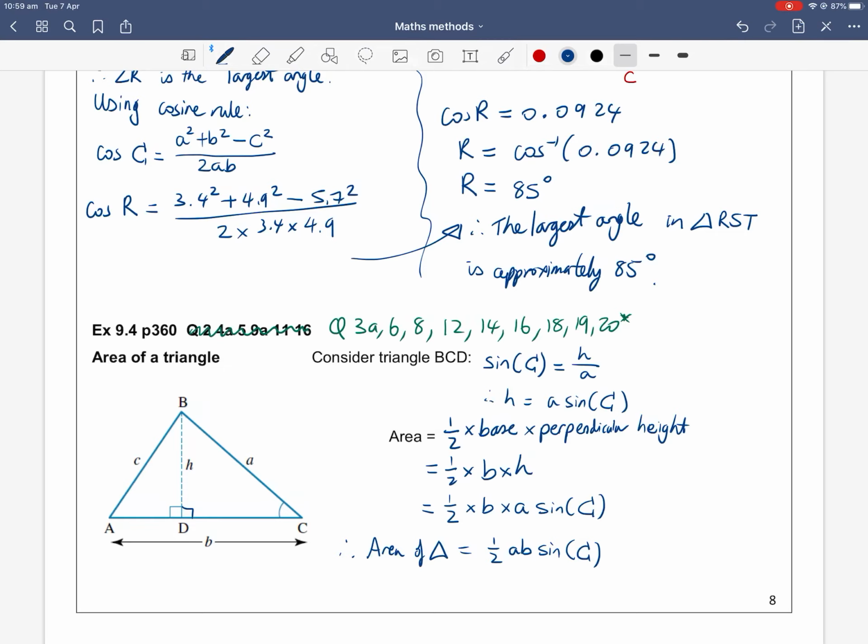So given any generic triangle with side lengths a, b, and c and an angle, it's half of the other two sides times sine of